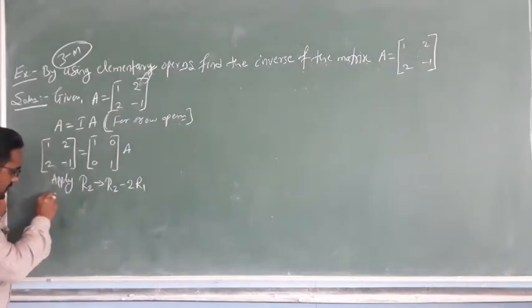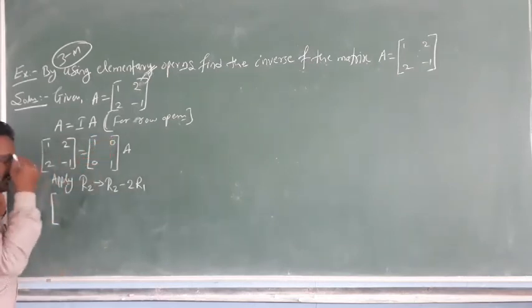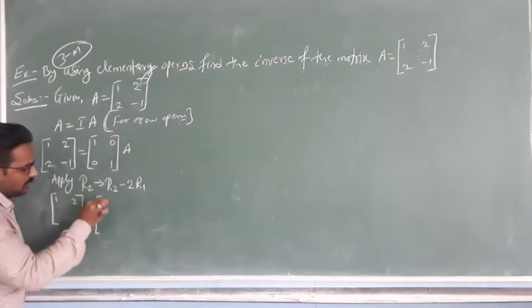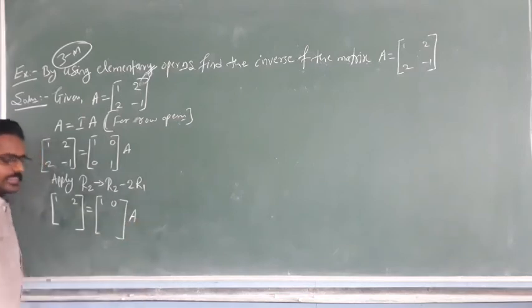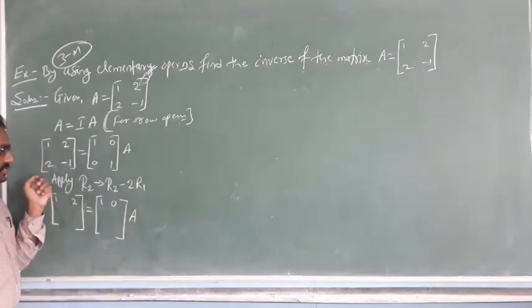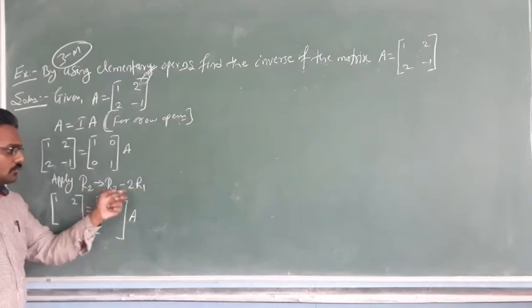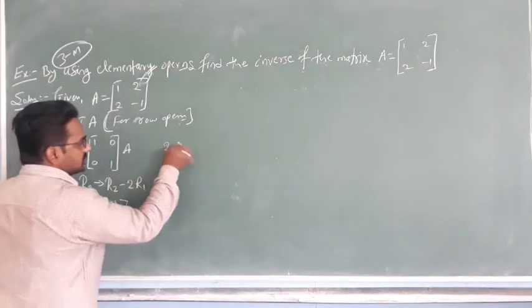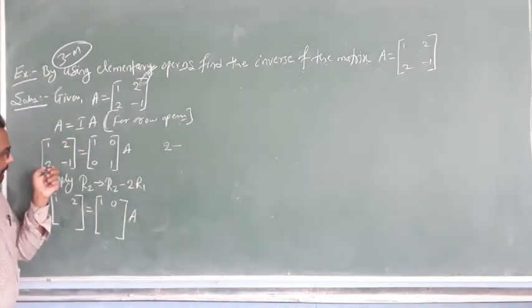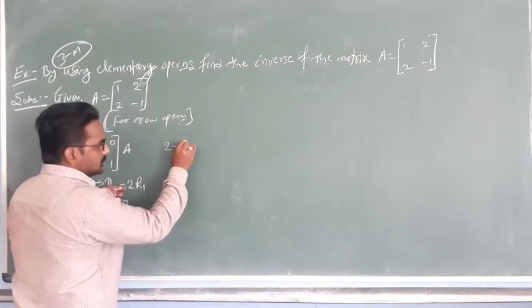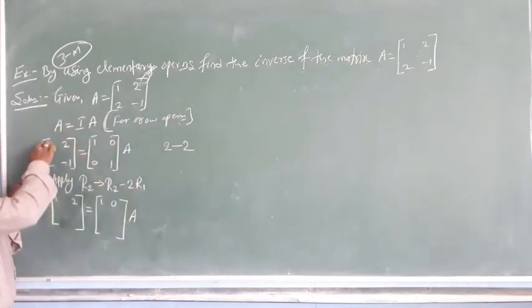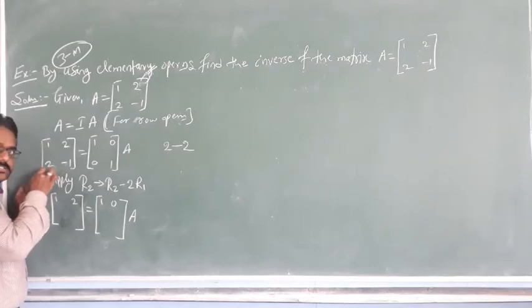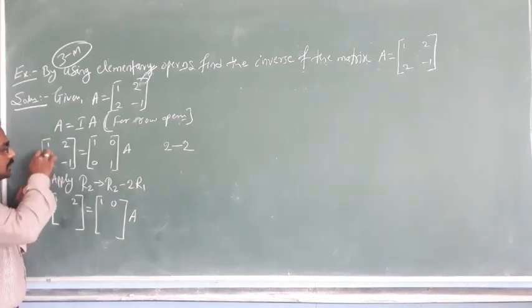Okay, let us see that one. So in the first row we are not performing anything. Write it as it is, 1 2, and 1 0 into A. Okay, so R2 changes to R2 minus 2R1, each of the elements must change in this format. So what is the R2 element? First element 2. So just see the calculation I am writing here. 2 minus 2R1. What is the R1 value here, student? For the R2 first value, R1 also first value, not the second value. So R2 minus 2R1.